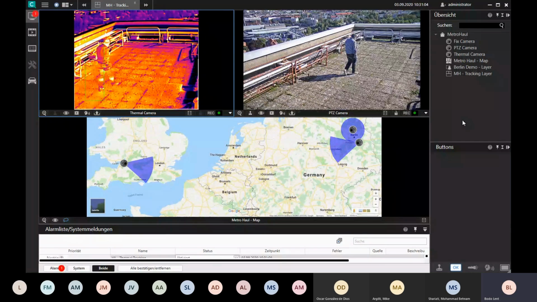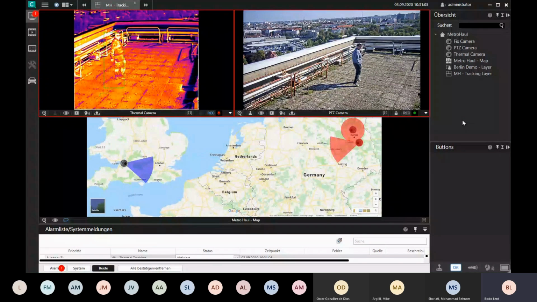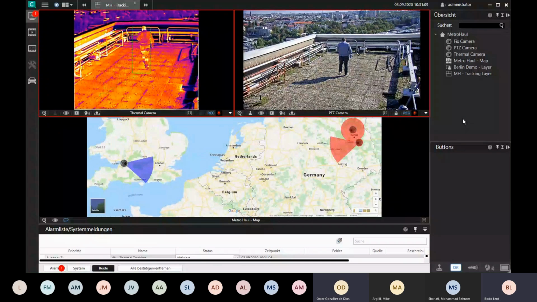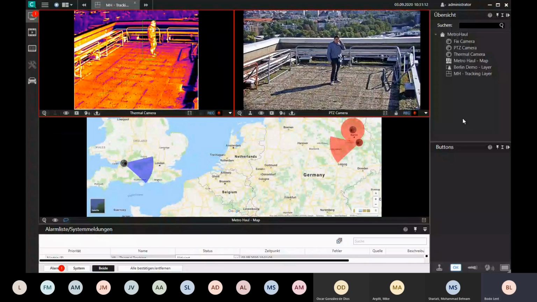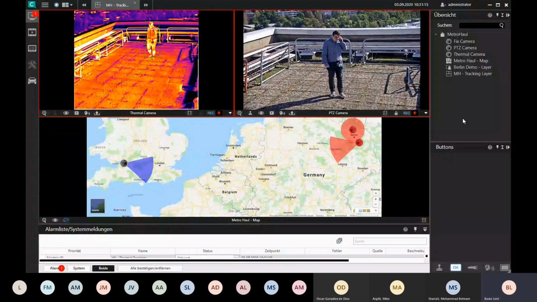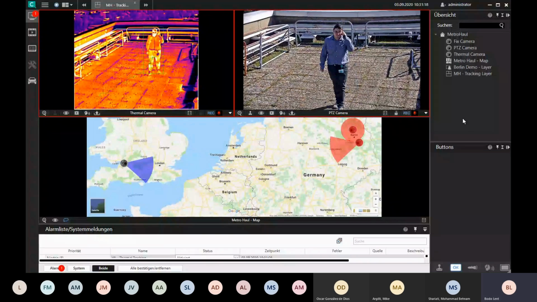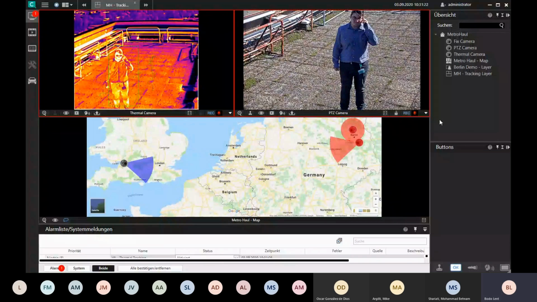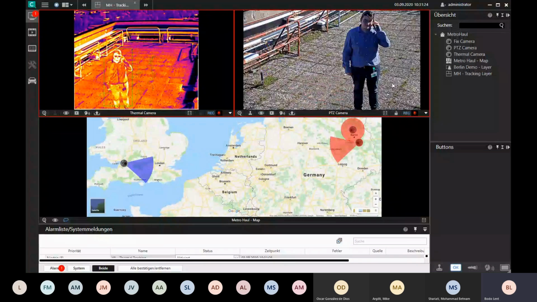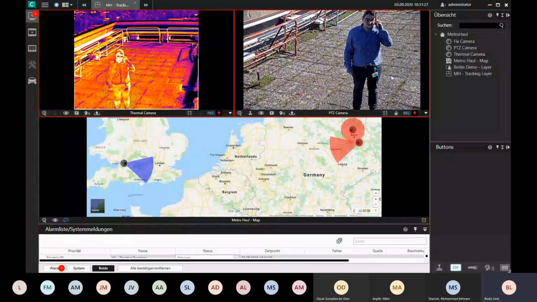So now Mike was detected by the thermal camera, and now the PTZ camera starts zooming in and moving to the object. As long as Mike is in the screen of the thermal camera, the PTZ camera will